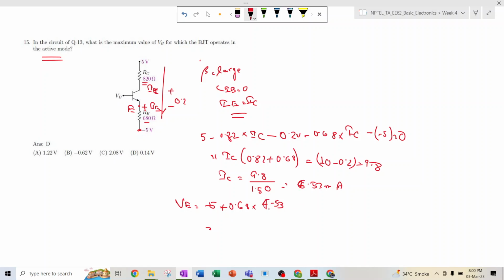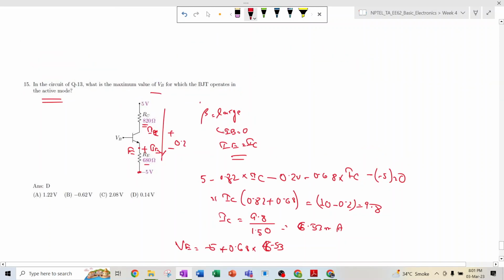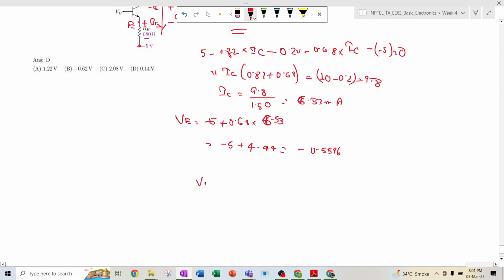It is 6.53, so minus 5 plus 6.53 into 0.68, so it is 4.44, so VE will be minus 0.5596. And they are asking about VB, so we know that